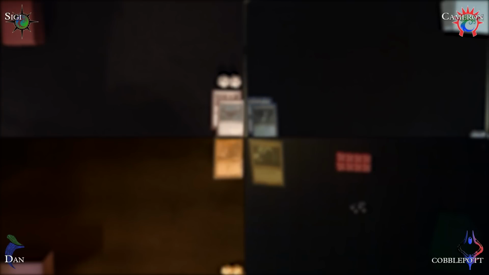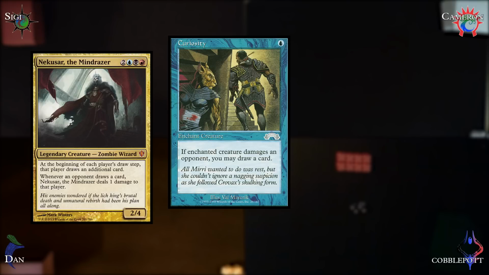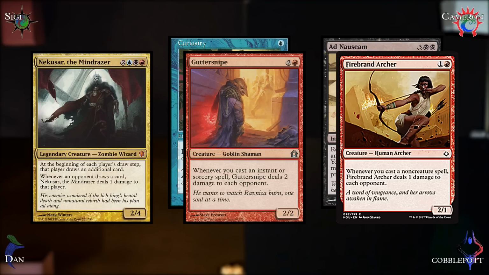Today I'm going to be playing an experimental brew that I've been toying around with here and there. This is Nekusar Curiosity. And yes, it is a curiosity. It's a Grixis ad nauseum storm list, but instead of running a 4 CMC dead card as its win con, like Aetherflux Reservoir or Tendrils, it instead leverages pingers like Gutter Snipe or Firebrand Archer or Reckless Fireweaver or Nekusar,